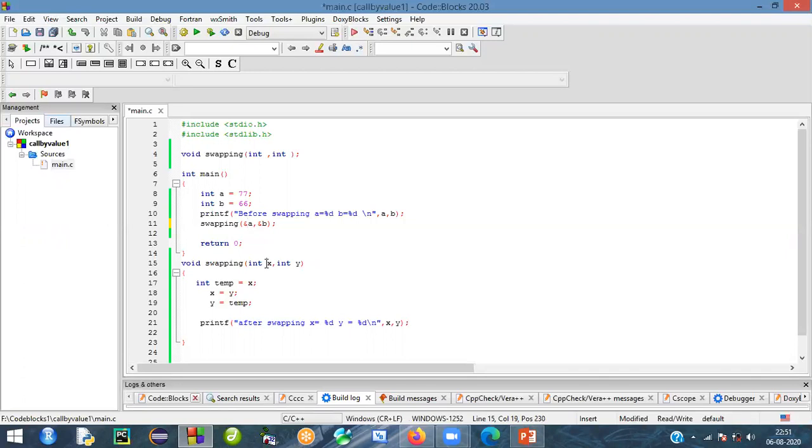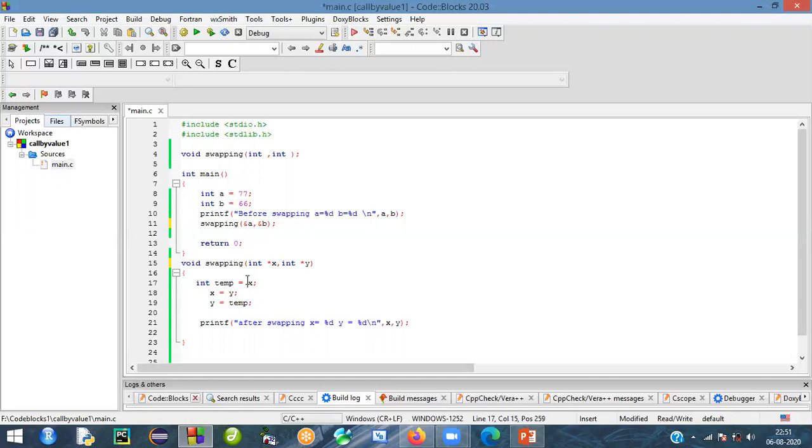Please study the pointer, you will understand. I am going to create a pointer over here. Again for y also I am creating the pointer. So whatever the value is there, the pointer x is pointing at the address of A. The address of A consists of 77. So directly pointer x is pointing to 77. You need to understand this point. Here you need to understand the address of